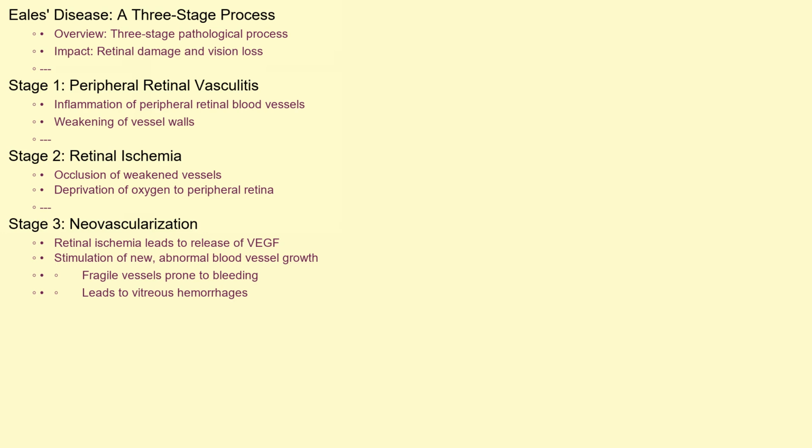In response to the ischemia, the retina releases growth factors, such as vascular endothelial growth factor, or VEGF, which stimulate the growth of new, but abnormal blood vessels, a process called neovascularization. These new vessels are fragile and prone to bleeding, causing vitreous hemorrhages and ultimately leading to retinal damage and vision